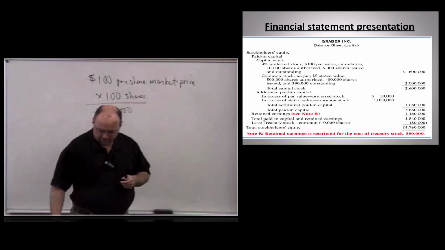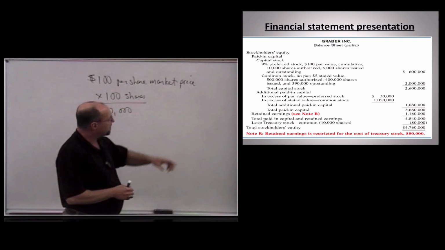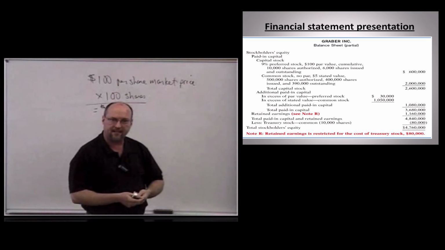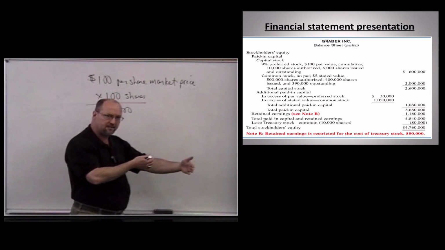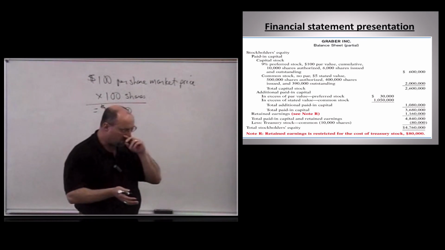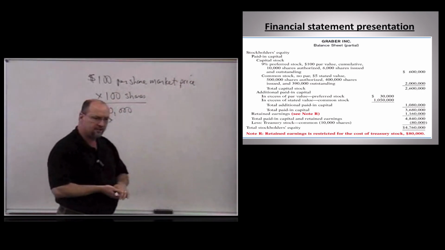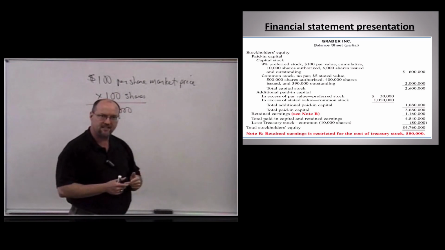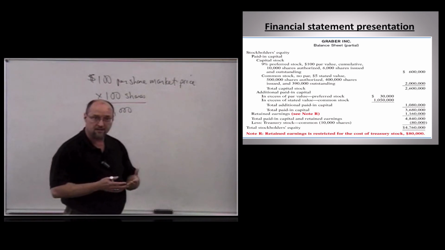Okay, here's an example of a stockholders' equity section. Okay, and notice the first section for stockholders' equity is called paid in capital, and these are the contributions that were made by the investors in exchange for shares of stock. It wasn't earned by running the business, it was an investment. So the paid in capital section of the stockholders' equity section is either called paid in capital or contributed capital or even invested capital. But it's the money the investors put into the business to fund the business, okay?